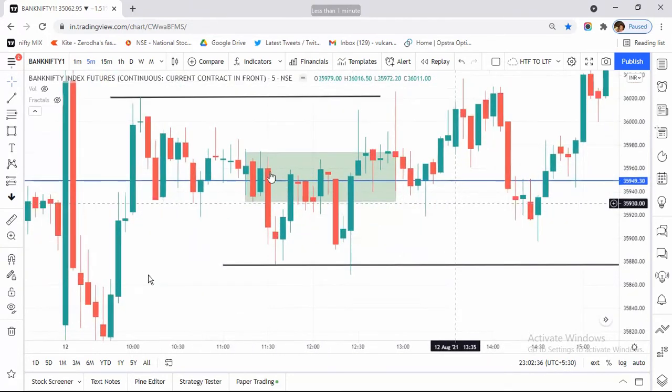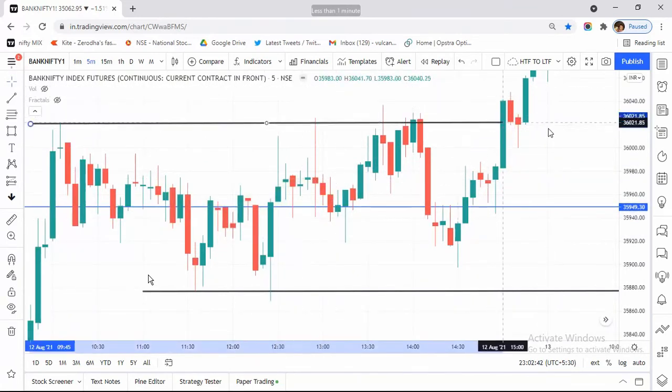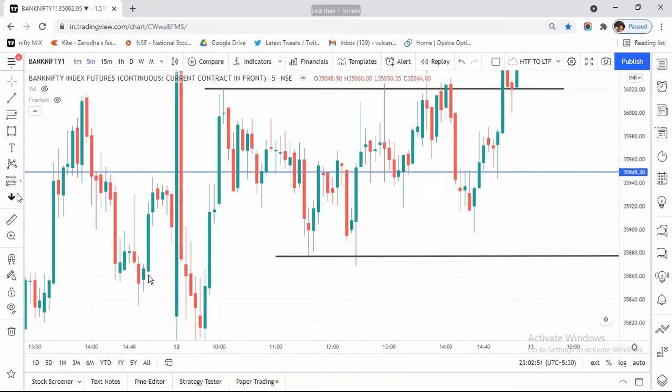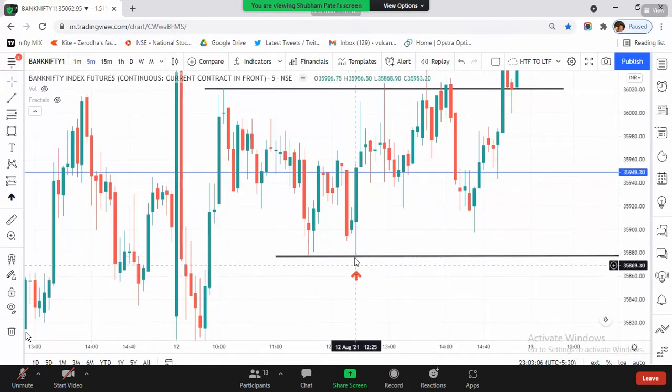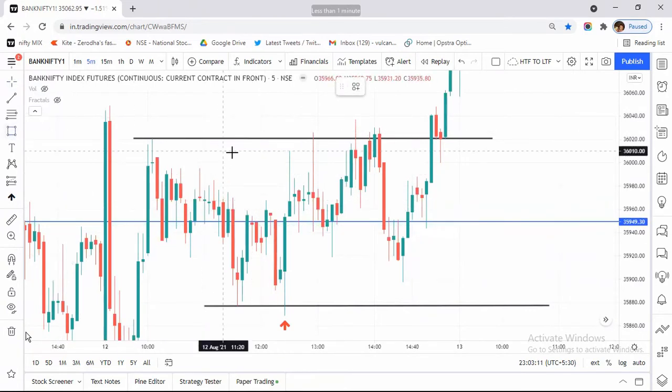So this is the way you look at the 50. Now when price moves away from the 50 or middle line, this liquidity is taken here. Now the lower side liquidity's job is done. So now what will the market do? It will target upside liquidity. So after taking the lower side liquidity, it goes above. And I will not buy because I don't know what will happen with the market, but I can see the order block, a bullish order block, here.